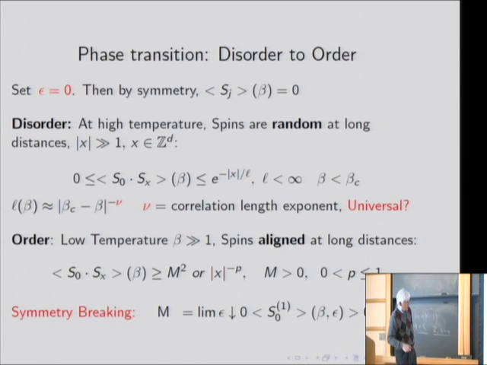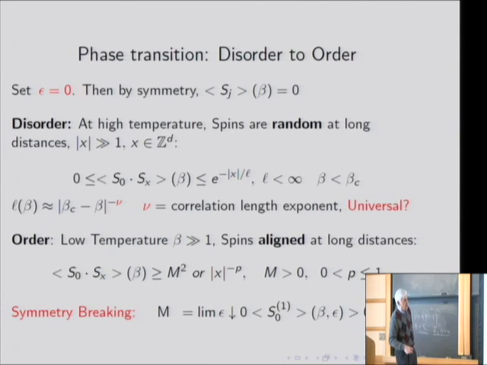Now, here at the very bottom of the screen, I've tried to explain what we mean by symmetry breaking. And the notion of symmetry breaking is quite important. Here I've described everything with epsilon equal to 0. And of course, then the spin has 0 value. But if I first take the thermodynamic limit, and then I let epsilon go to 0, you might think this was 0. But symmetry breaking tells you that if I have an ordered phase, symmetry breaking takes place,